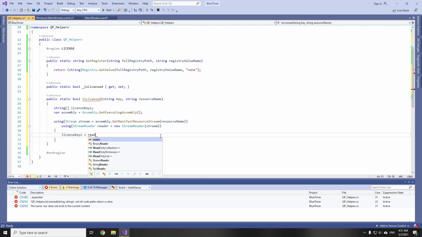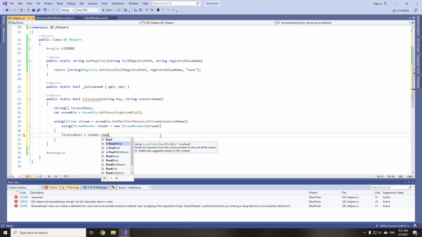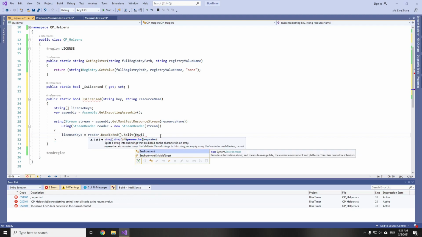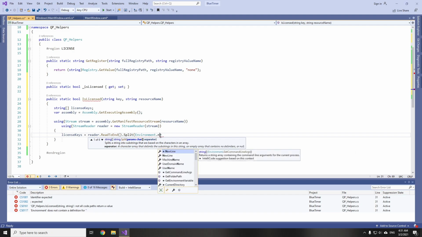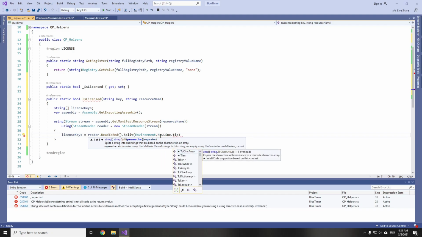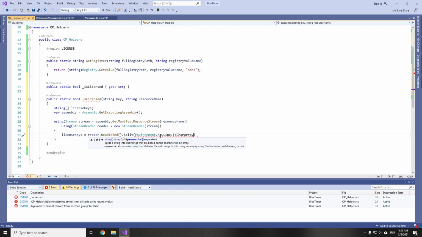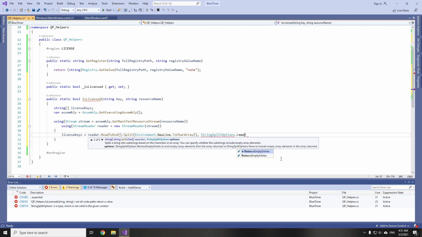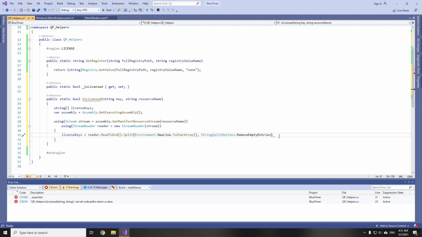So reader.ReadToEnd, and then Split, and I'm going to split it on Environment.NewLine and convert it to char array, and set StringSplitOptions to RemoveEmptyEntries.